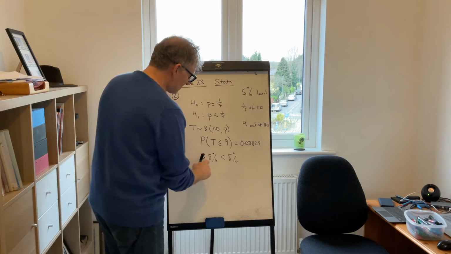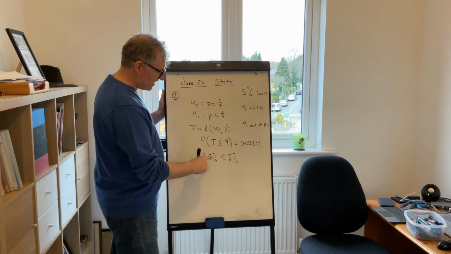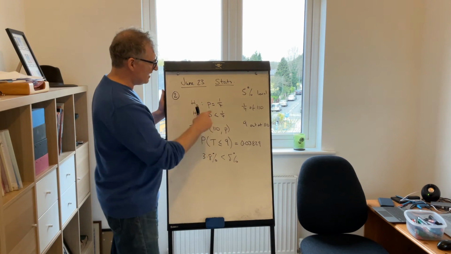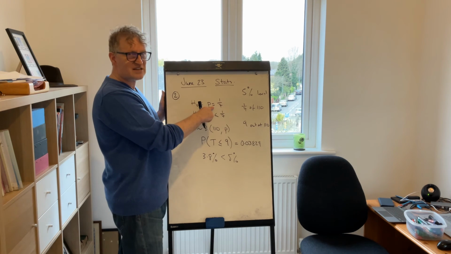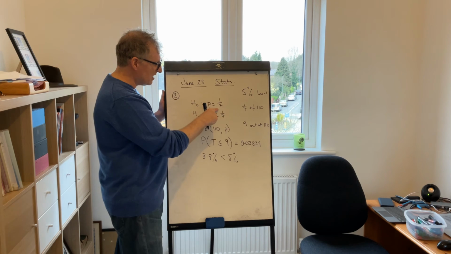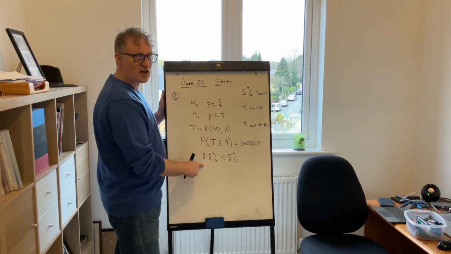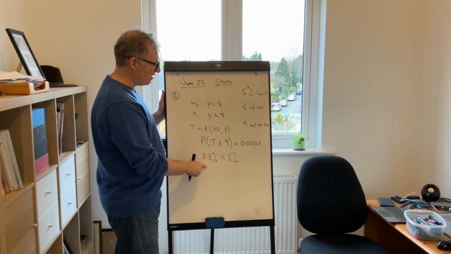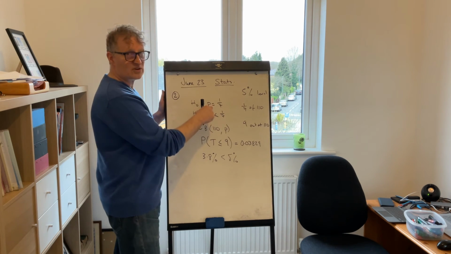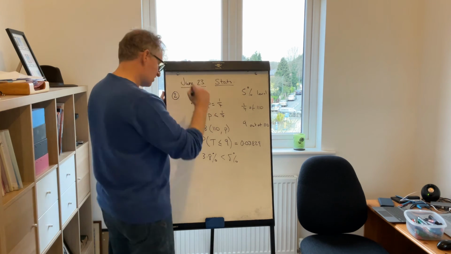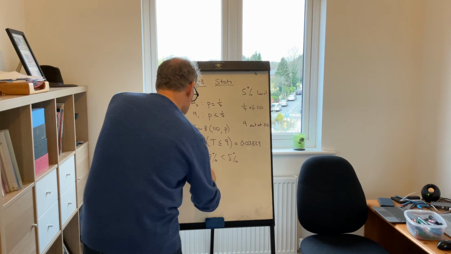And because that is so small, so unlikely to happen, there are big suspicions on this. It doesn't look like it's right. So we assume this is right, and when we've assumed it's right, if we end up getting such a low probability, it's telling us that's really unlikely to happen, and that's not good enough, so we're going to reject that. So now we reject our H0,